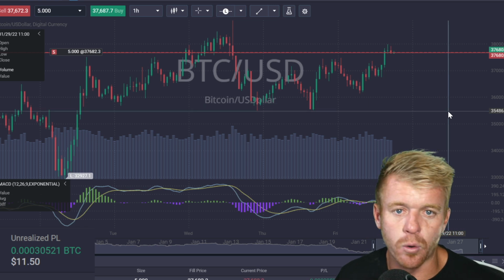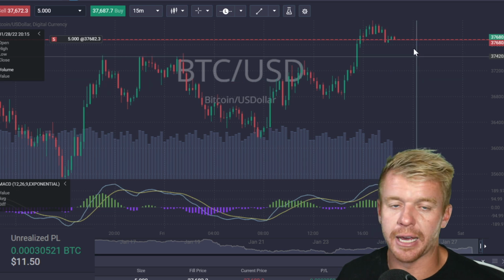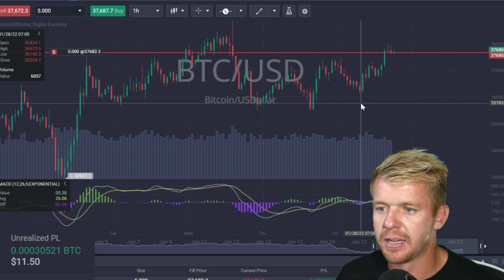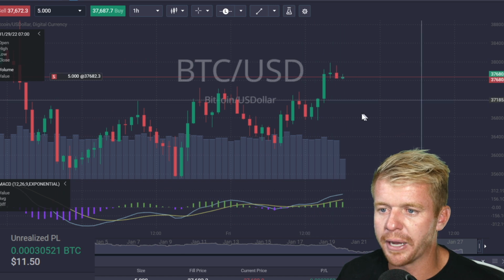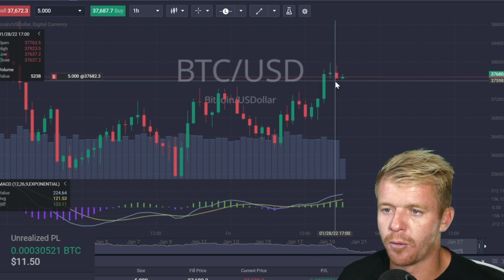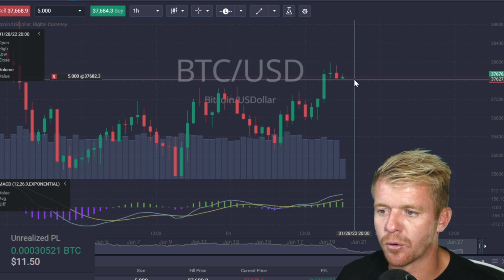So that's one thing I always want to focus on, guys, is if we're looking at this on the small time frame, like if I look at 15 minutes, you're looking at it like, oh, it might want to go higher. It just pushed up here. Maybe it wants to keep going higher. But then as soon as I look at the hourly time frame, now it's looking much more like, oh, wow. Look how much this changed. The whole picture just changed because we went from a 15-minute time frame to a 1 hour time frame here on these candles. So we went from only having 15 minutes of action in each of these candles to now having 1 hour of action. And well, we're looking for this to pull back and break below this level right here, this